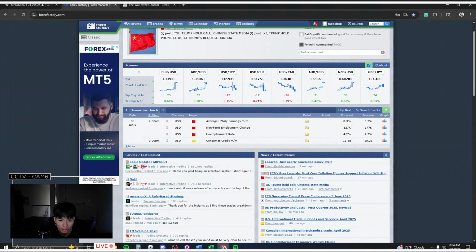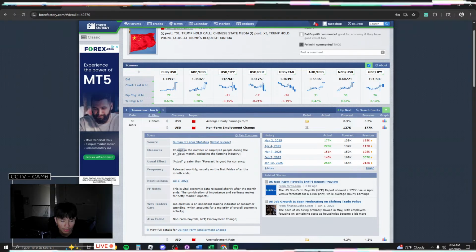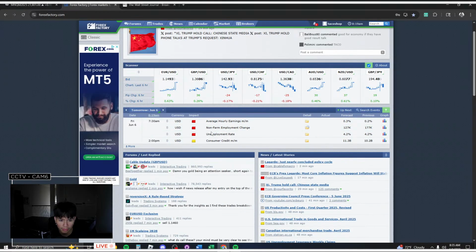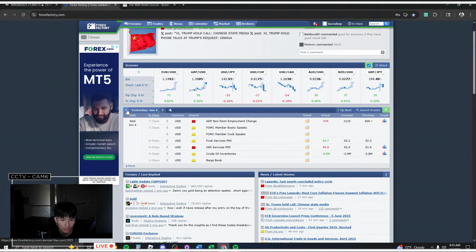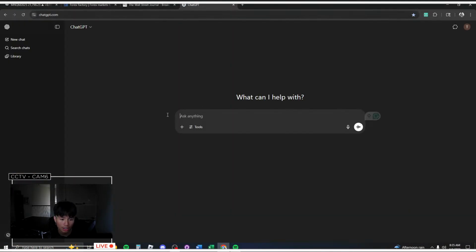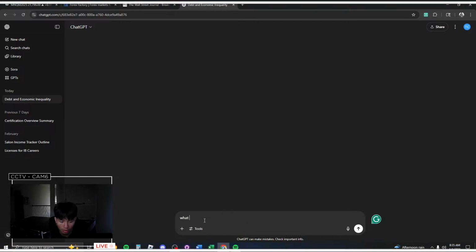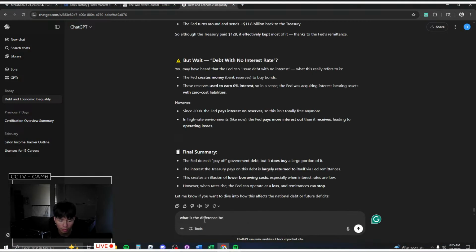I think tomorrow is when non-farm comes out, so we have the non-farm employment change and the unemployment rate tomorrow. This is going to give us some more information on where unemployment is. Here, non-farm employment change is the change in the number of employed people during the previous month. I don't know how this is different from ADP non-farm employment change. I'm going to ask ChatGPT what is the difference between ADP